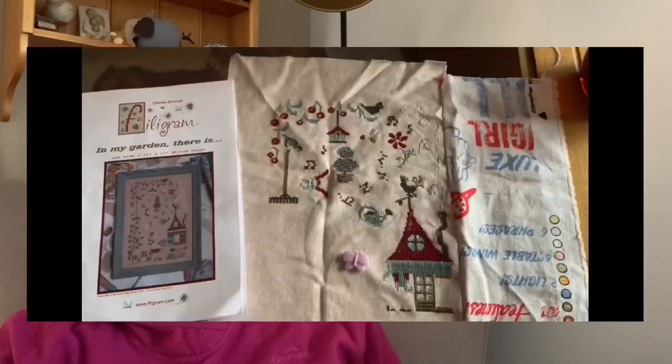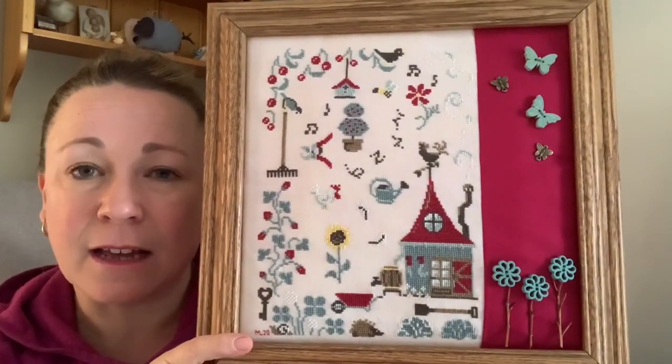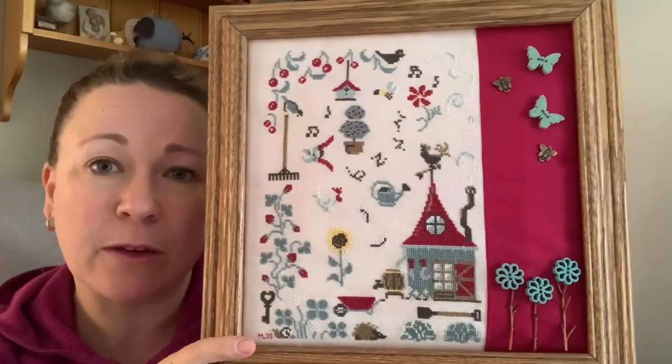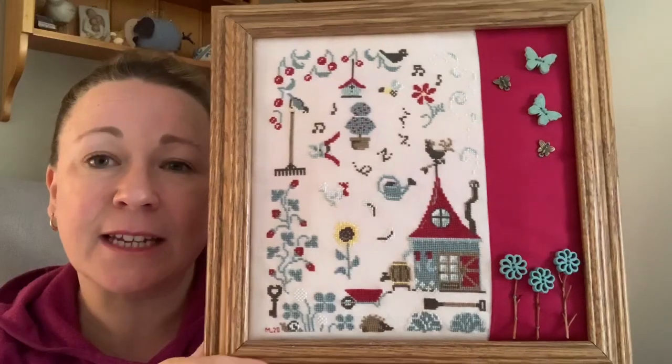So I could put this into my Q-snap, I sewed on a piece of scrap fabric. That sort of gave me the idea to do the same so I could finish this. So I've sewn on a piece of red cotton, a red cotton quilting fabric, and then I've popped that in the frame, and it just needed something